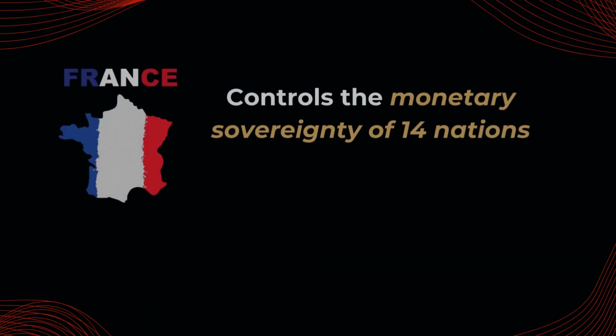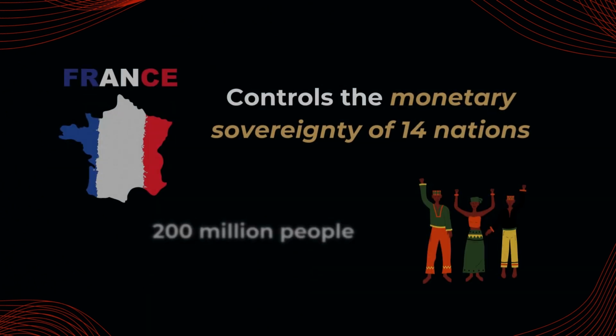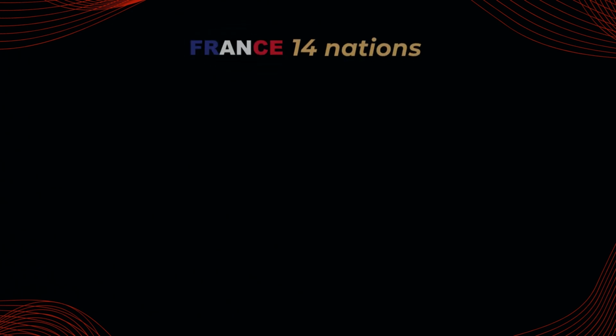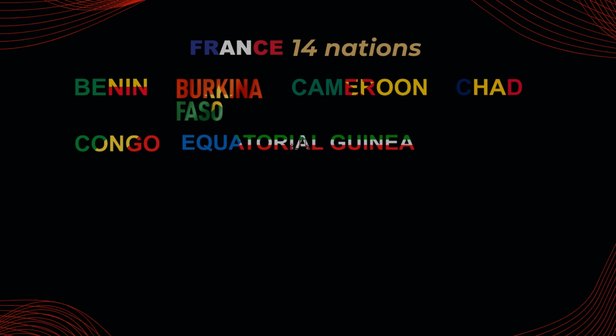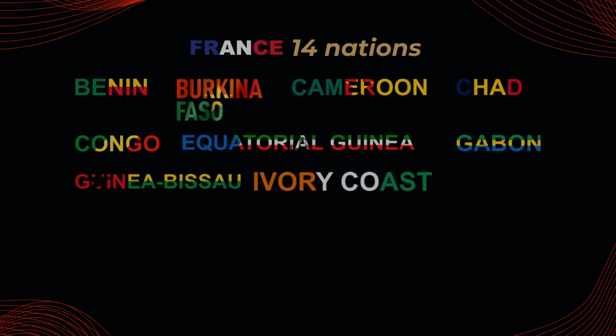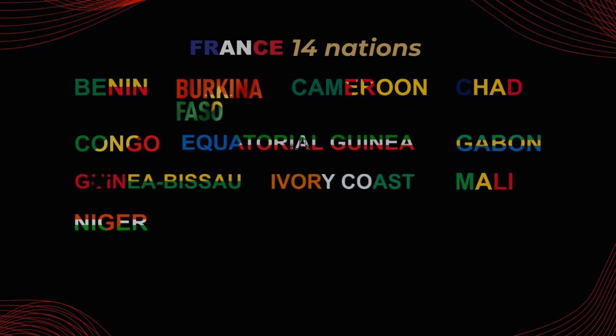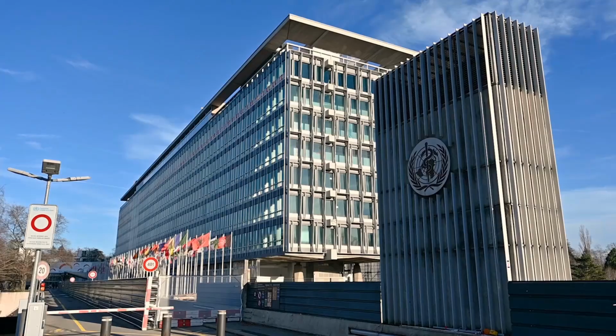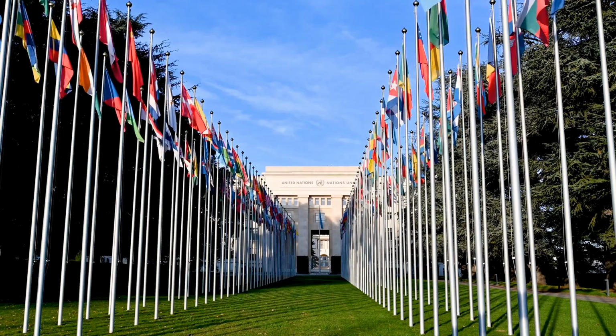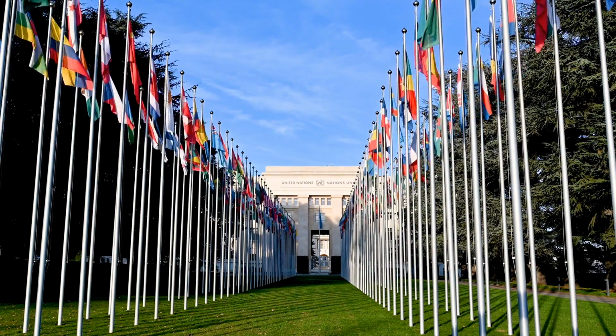By using it, France controls the monetary sovereignty of 14 nations, nearly 200 million people. These countries include Benin, Burkina Faso, Cameroon, Chad, Congo, Equatorial Guinea, Gabon, Guinea-Bissau, Ivory Coast, Mali, Niger, Senegal, Togo, and the Central African Republic. And while these nations participate in the United Nations and wave their own flags, it's just